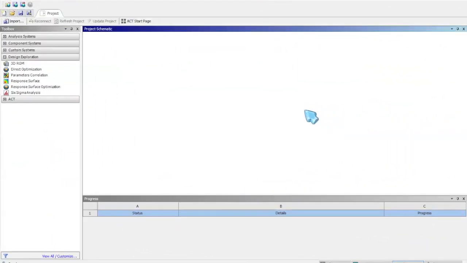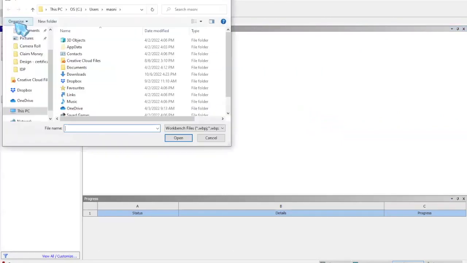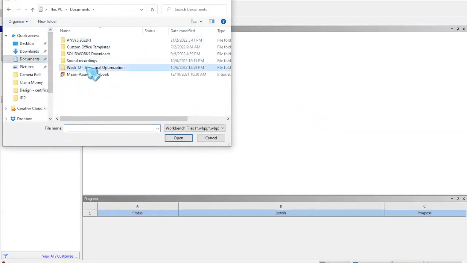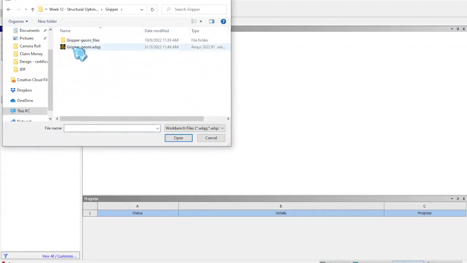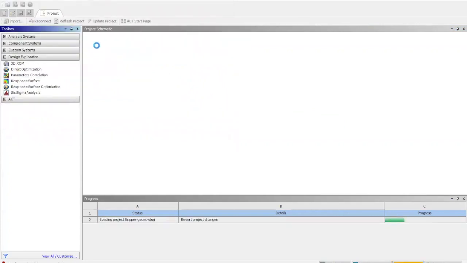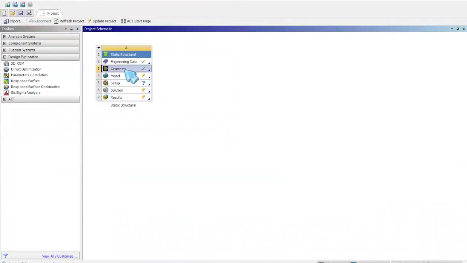From your Workbench, you can open the geometry file which you downloaded from ULearn earlier. Click the open folder icon here, find the upper flexible gripper folder, and open the workbench project file. Now you can check the design features of the flexible gripper by double-clicking on the geometry tab here. So as usual,